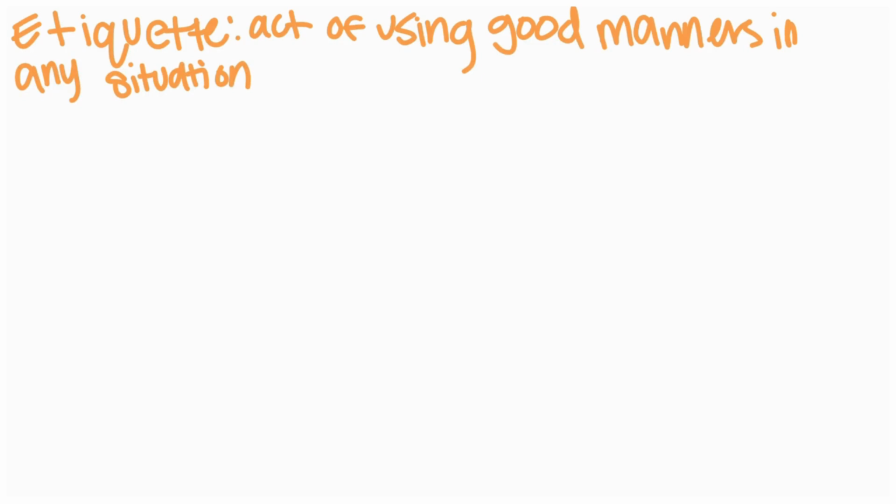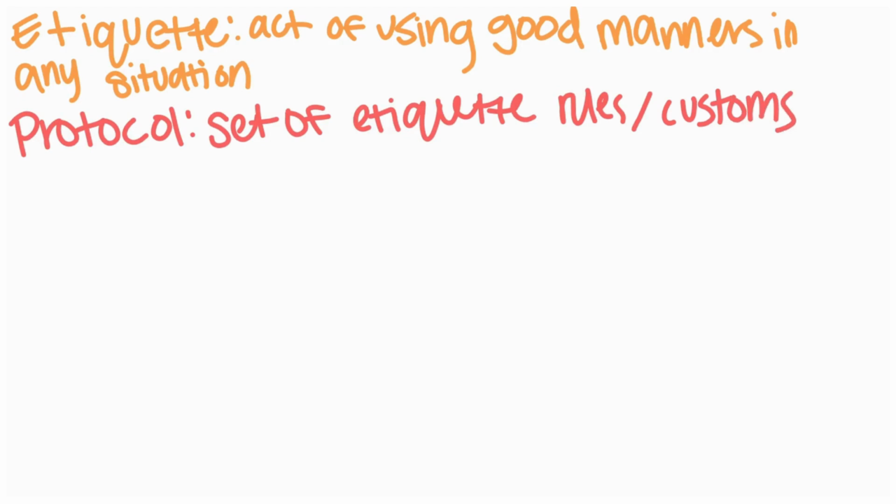But formal communication does have this, and it's the process of sharing information in a conformed specific protocol. So if etiquette is just following good manners, protocol is the actual set of customs, okay? So it's the set of etiquette rules. It's what you're doing that is from good etiquette. Now, formal communication flows in